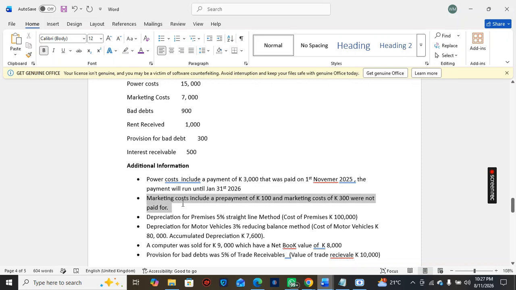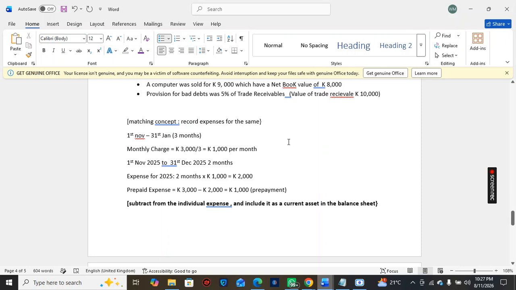Again, marketing costs include a prepayment of 100 kwacha, and the marketing costs of 300 kwacha were not paid for. So here we have another prepayment and we have an accrued expense. Okay, colleagues, accrued expenses are expenses you haven't paid for. So another concept you need to remember in accounts: accrued expense, let's see,